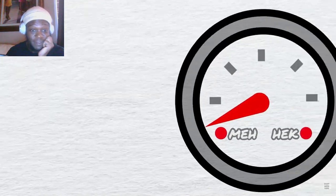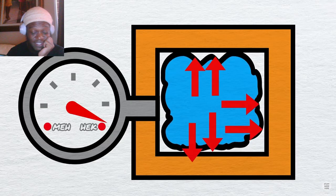To understand why, we have to talk about pressure. Pressurized gas is basically gas that wants to take up a lot of space, smushed down into a tiny little space. And like a compressed spring, it wants to expand. Except the gas wants to expand in